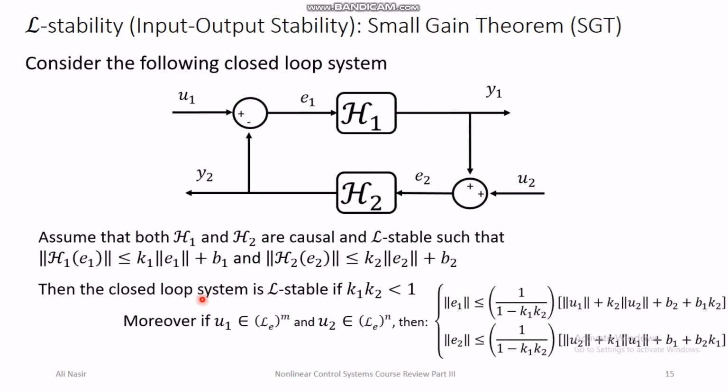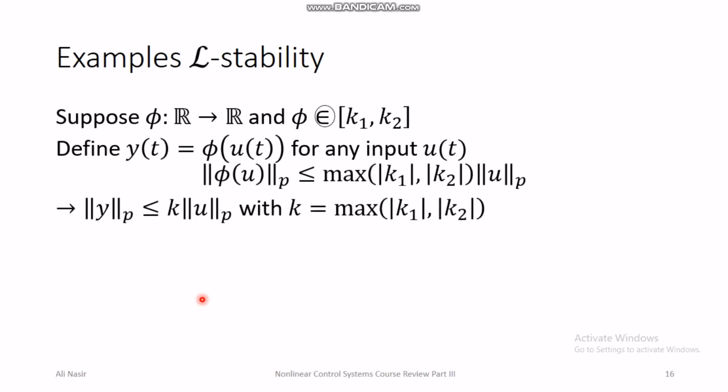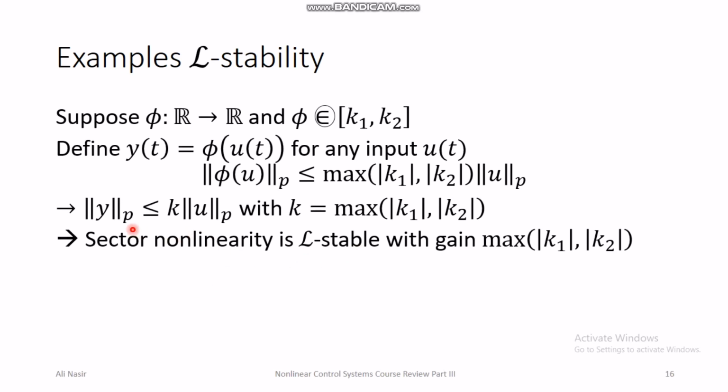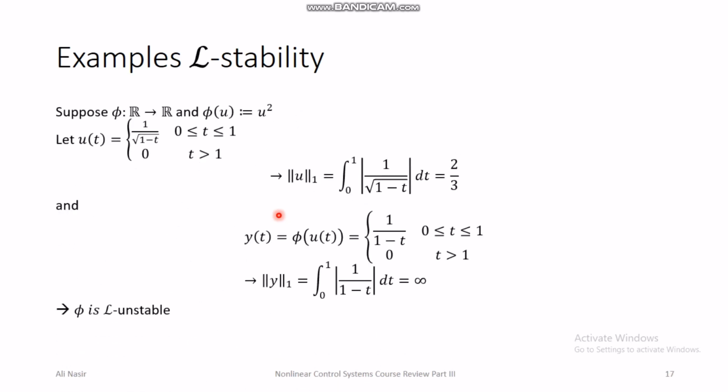The examples that we looked at were for the individual systems and not for the feedback configuration of the systems. But you can imagine, once you are able to find the gain of a system, here the gain of the system is K, and in the next example, which is not even input-output stable, if you find 2 systems which are small gain stable and the product of their gains is less than 1, then the feedback configuration of those 2 systems will also be input-output stable.